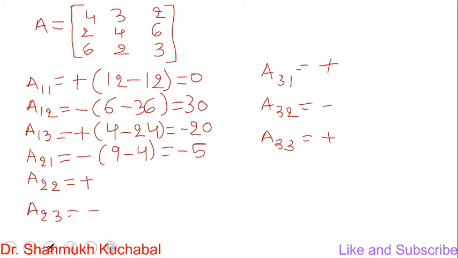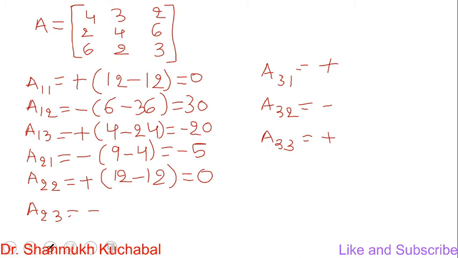So next, A22 we have to calculate. For A22, this is the element, and the corresponding column and corresponding row we have to eliminate. 4 3s are 12 minus 6 2s are 12. So that we have to write over here. So we get 12 minus 12, so the answer is 0 here.